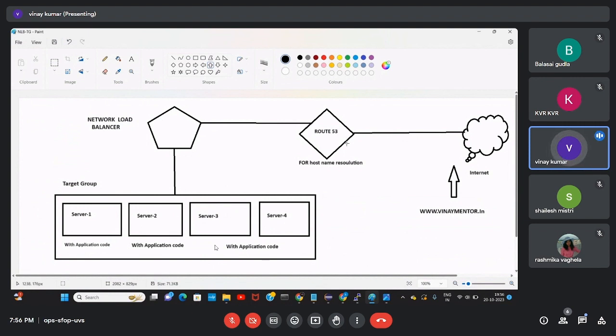If you have any questions on this line diagram, you can ask me. Now I will explain how to make this setup practically. I will share this diagram in our group. For everything, even VPC peering, NAT gateway, first of all you need to draw the line diagram in your notes. Then it will be better to do the practical. Directly going to the practical is not recommended.